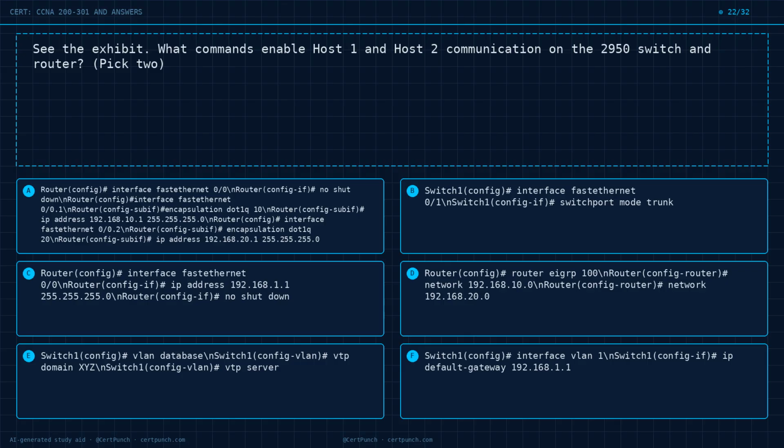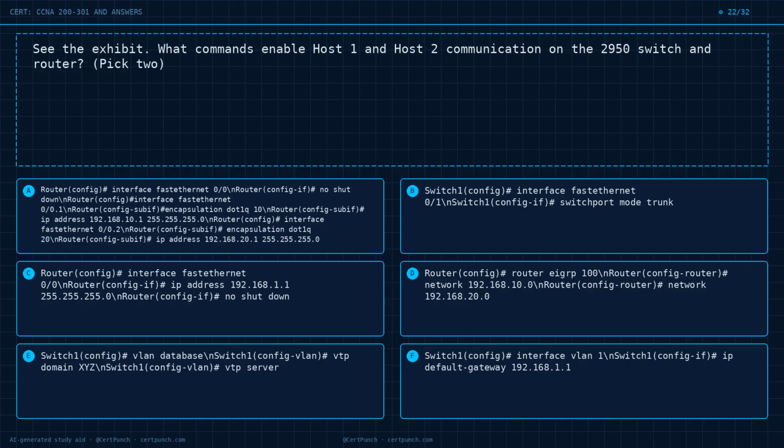Router config, interface FastEthernet 0/0.1, router config-subif, encapsulation dot1Q 10, IP address 192.168.10.1 255.255.255.0. Router config, interface FastEthernet 0/0.2, router config-subif, encapsulation dot1Q 20, IP address 192.168.20.1